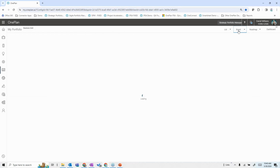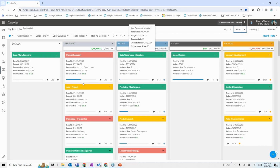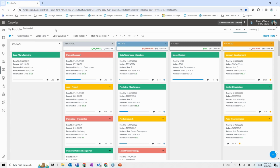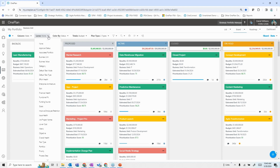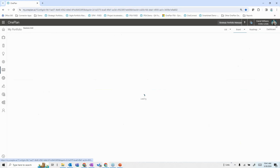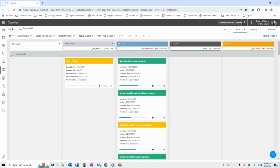And you can also work with these in terms of agile boards so that you can have the cards and you can do the columns and the swim lanes by any data element that we have available to us in OnePlan. And you can even do swim lanes the same way. So for example, here I can look at the proposed and active projects, and in this board view, if I want to look at it, say once again by business unit,